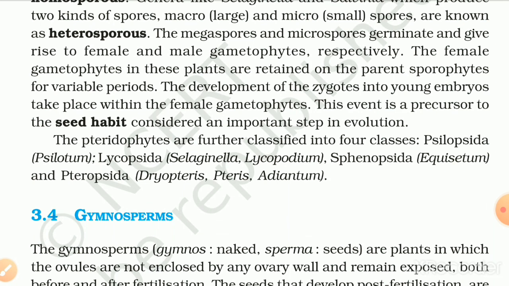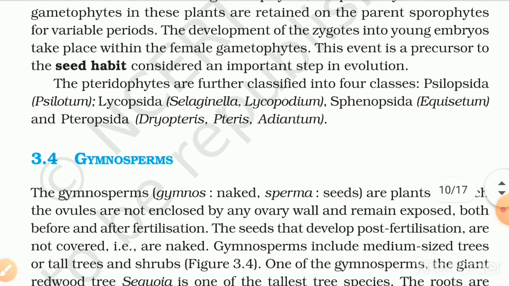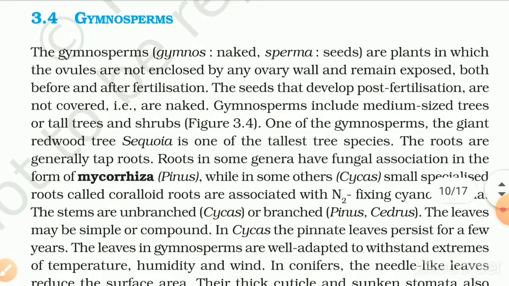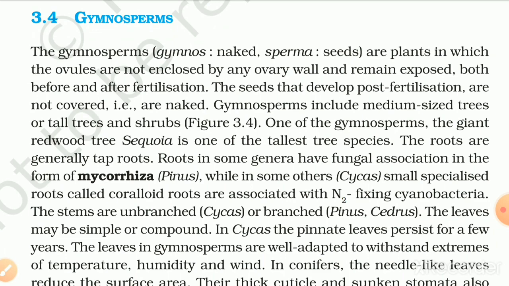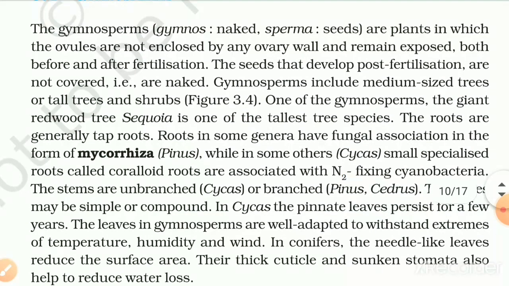The female gametophytes in these plants are retained on the parent sporophyte for a variable period. The development of the zygote into young embryos takes place within the female gametophytes. This event is a precursor to the seed habit, considered an important step in evolution. The pteridophytes are further classified into four classes: Psilopsida (Psilotum), Lycopsida (Selaginella, Lycopodium), Sphenopsida (Equisetum), and Pteropsida (Dryopteris, Pteris, Adiantum). 3.4 Gymnosperms. The gymnosperms (gymnos: naked, sperma: seeds) are plants in which the ovules are not enclosed by any